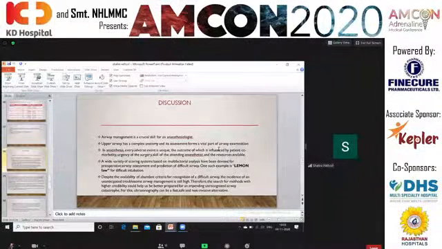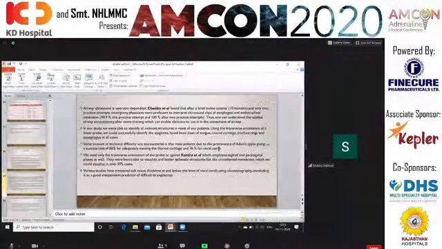Okay, so a wide variety of scoring systems based on multifactorial analysis have been devised for preoperative airway assessment and prediction of difficult airway. One such example is the LEMON score for difficult intubation. Next slide. In our study, we were able to identify all the relevant structures in most of our patients using